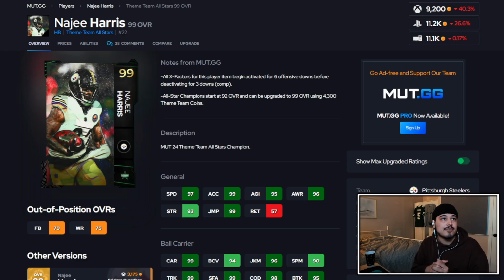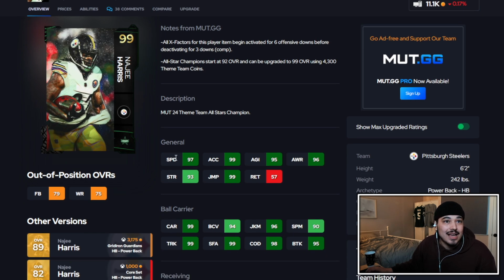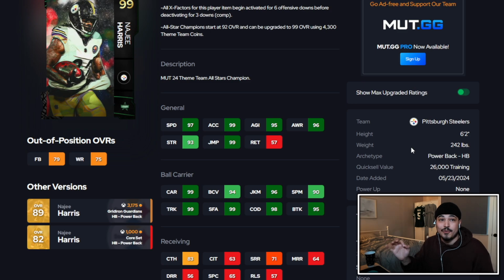We then have my favorite of the upgradable Theme Team All-Star running backs, and that's Najee Harris. Najee Harris legitimately has, his stats, okay, I hear you. The speed might scare you, but the build is perfect. He's right up to the weight threshold, so he's the perfect amount of weight where he still has the good juke animation. He's a good height where he still moves very well, so he has good lateral movement,